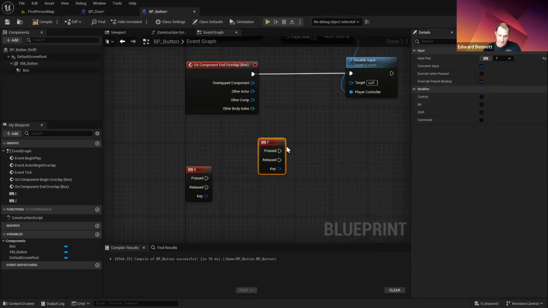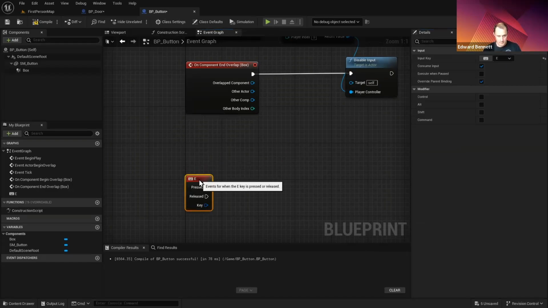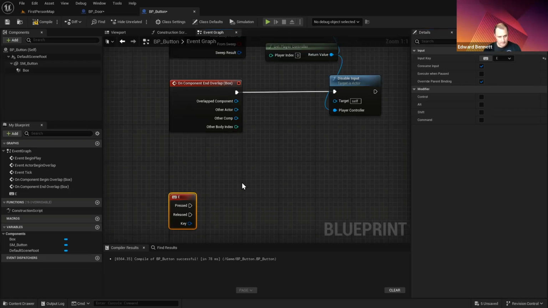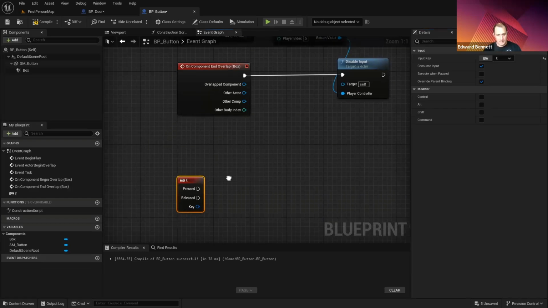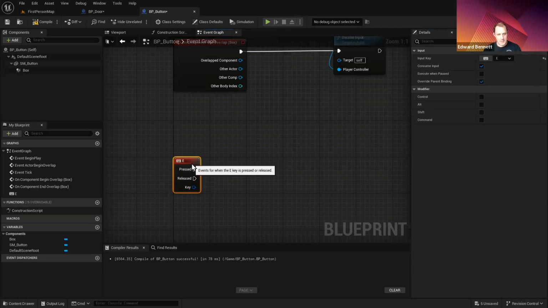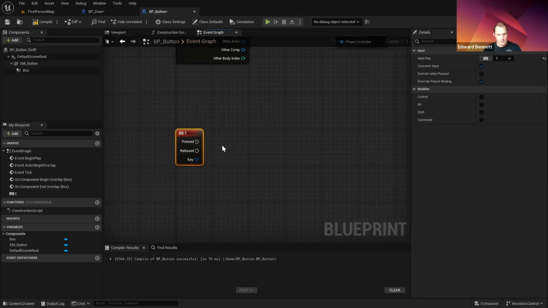So for example, okay, so once we've got E set up,